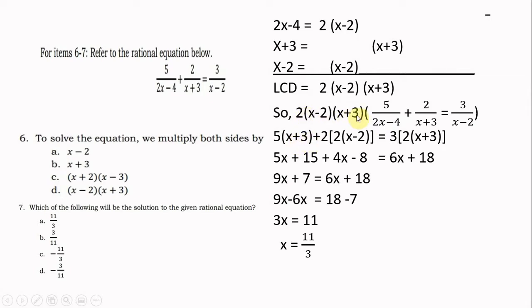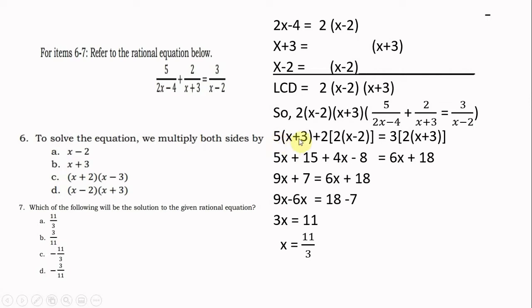And if this is multiplied to the second term, x plus 3 will cancel out. So, therefore, the remaining is 2 times 2 times quantity x minus 2. And if we multiply this LCD to 3 over x minus 2, this cancels out x minus 2. So the remaining is 2 times x plus 3. So 3 times 2 times quantity x plus 3. Now, to simplify further,